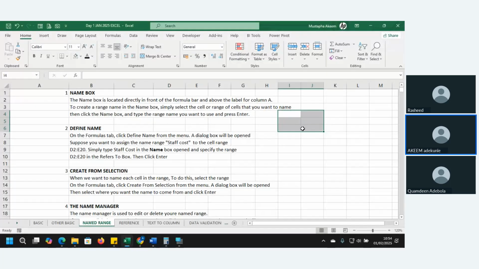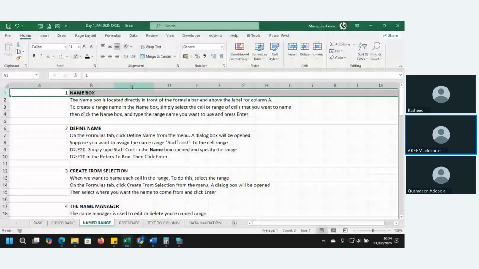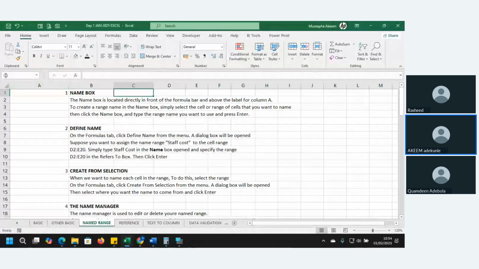For example, I want to select cell C1. When I click on this cell, that is column C, row 1, that is C1. When I click on this cell C1, you can see the name here. The name of the cell is what? C1. I can click on this cell and call it Akib. Can you see that I've changed that C1 to what? To Akib. Now I hit enter. So after the enter, the name has stored.